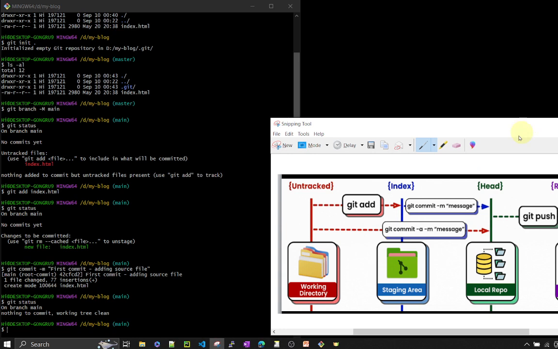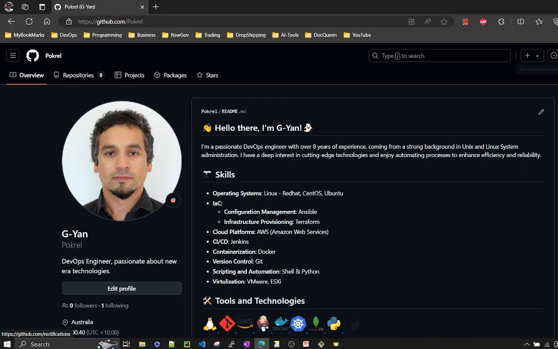So far, we have created a folder and we track those local contents and we committed those content into the local repository. Now let's push those local repository changes or file to the remote side in the GitHub. So for that, let me go to the GitHub and create a GitHub repository by clicking on this plus